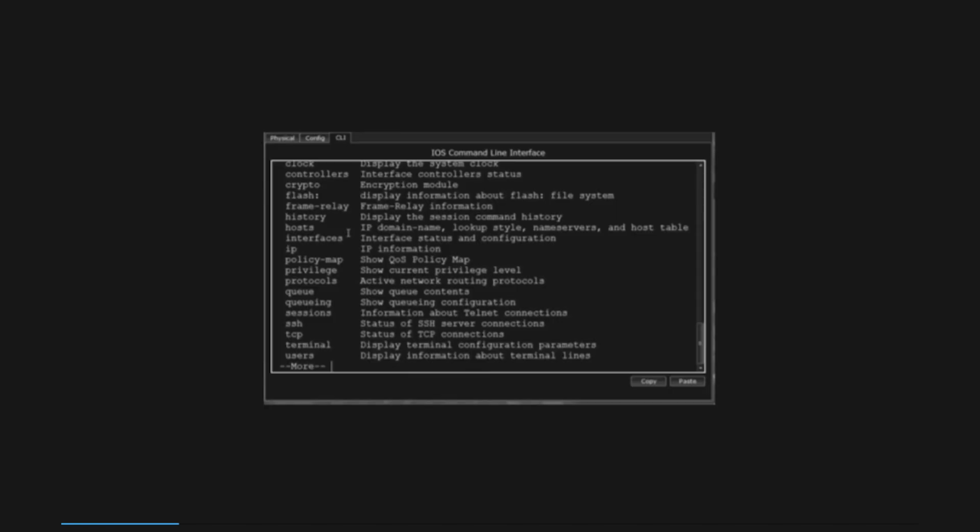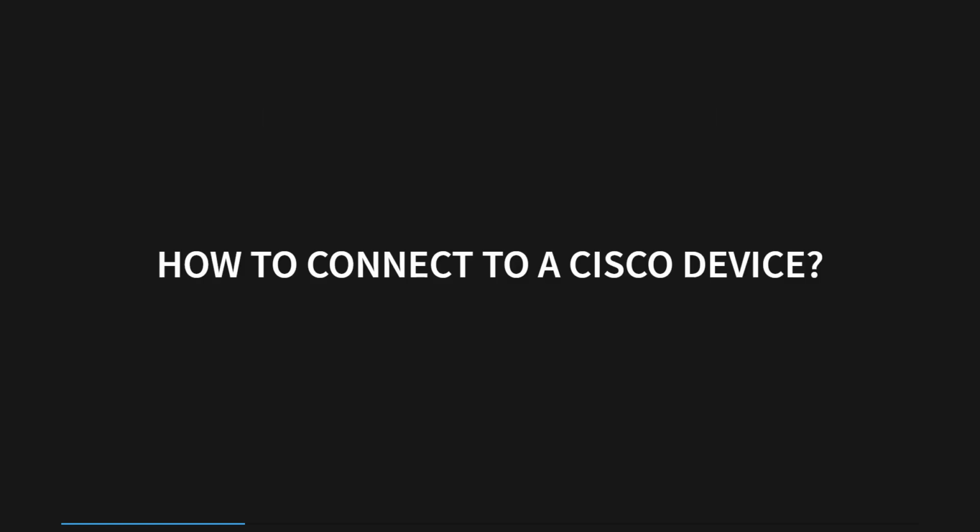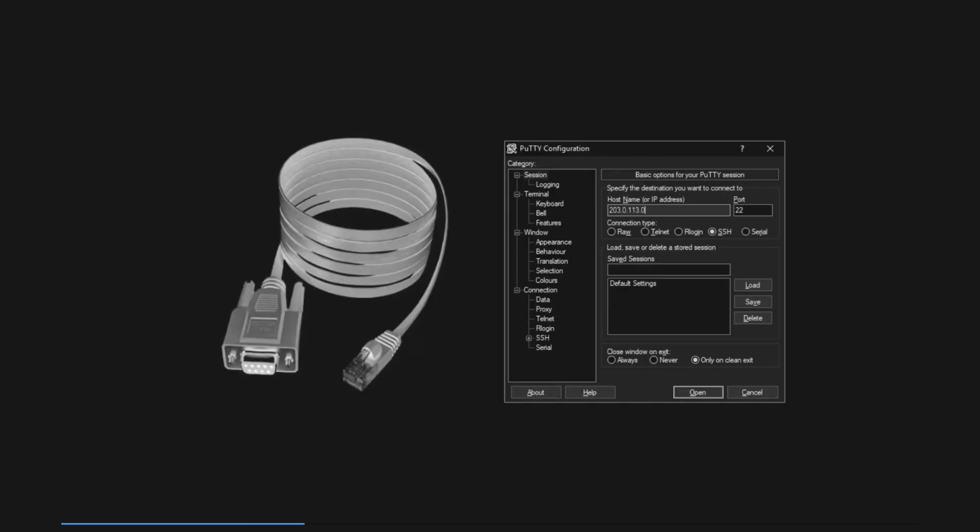The CLI refers to the Command Line Interface. It is an interface that allows users to interact with a computer system or device by typing commands instead of using a graphical user interface, GUI. The CLI is commonly used for configuring network devices like routers, switches, and firewalls. In the context of Cisco devices, such as routers and switches, the CLI is used to configure and manage them. Network engineers often prefer using the CLI over a GUI for its flexibility and granular control.